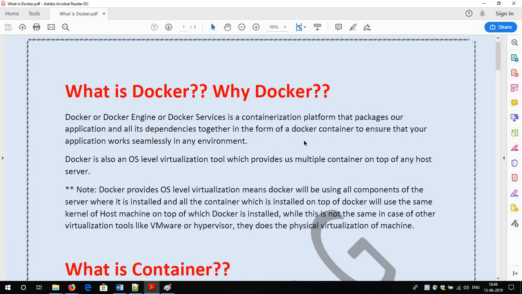So what does a container give us? You can simply understand a container as a real-life container, like a carton box. In a carton box we put all our belongings, and when we move from one place to another, we just carry the carton box, and all our belongings are moved along with it. The same concept containerization also follows.